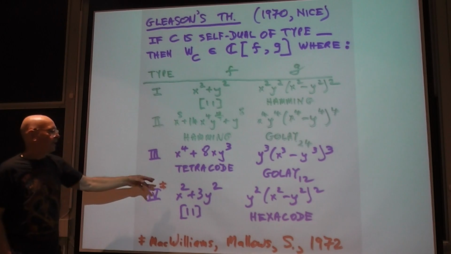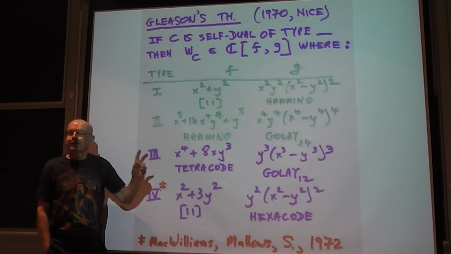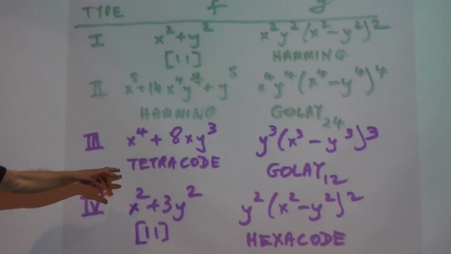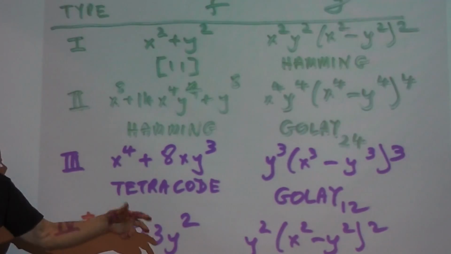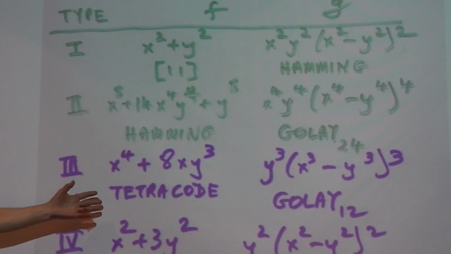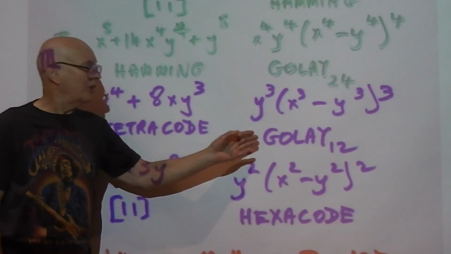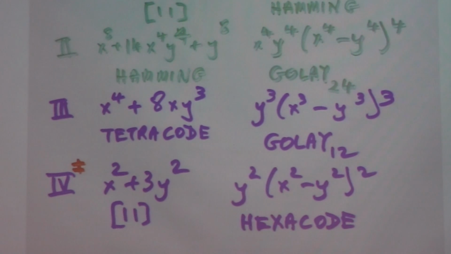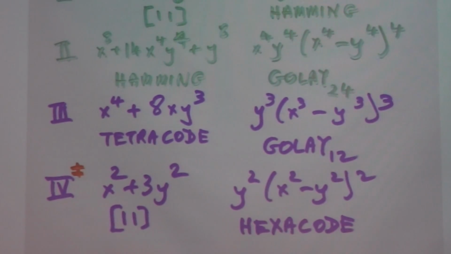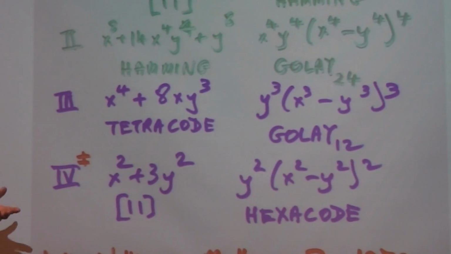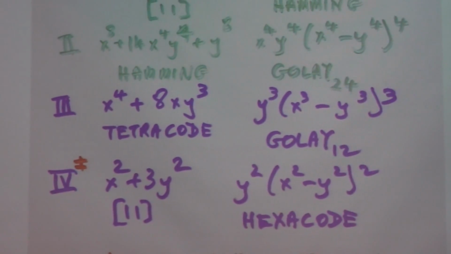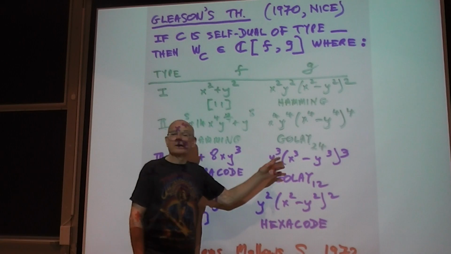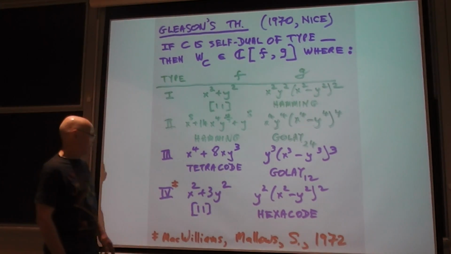Type 3, you get 2 now ternary codes. I haven't mentioned ternary codes before, but we get a nice code of length 4, which is on the next transparency, called the Tetra Code, and we get the Golay ternary code of length 12, which is based on the prime 11 working mod 3. It's a quadratic residue code, but now we're working over the field of 3 elements instead of 2. And again, we have a kind of a cusp weight enumerator. And the 4th type